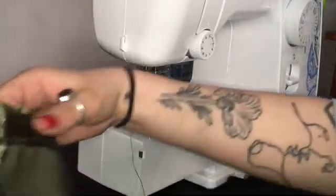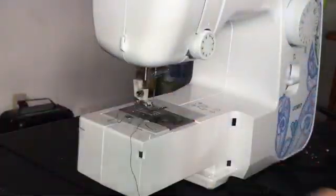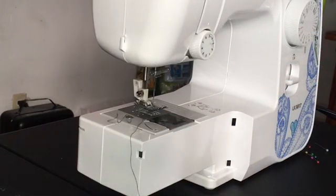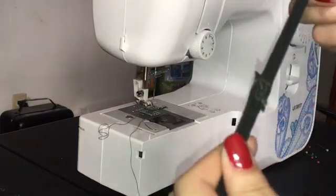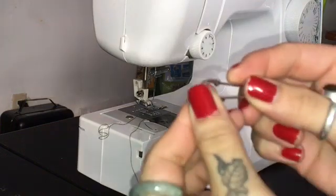Alright, so once you have sewed your tunnel together and there's just one little piece where you can feed it through, feed your elastic through. What I did is, you're usually going to want to measure your waist to the elastic so they'll fit you. I didn't have that much elastic left, so I basically used this zigzag stitch and sewed two smaller pieces of elastic that I had together to make just one big one. And so then you are going to want to get a